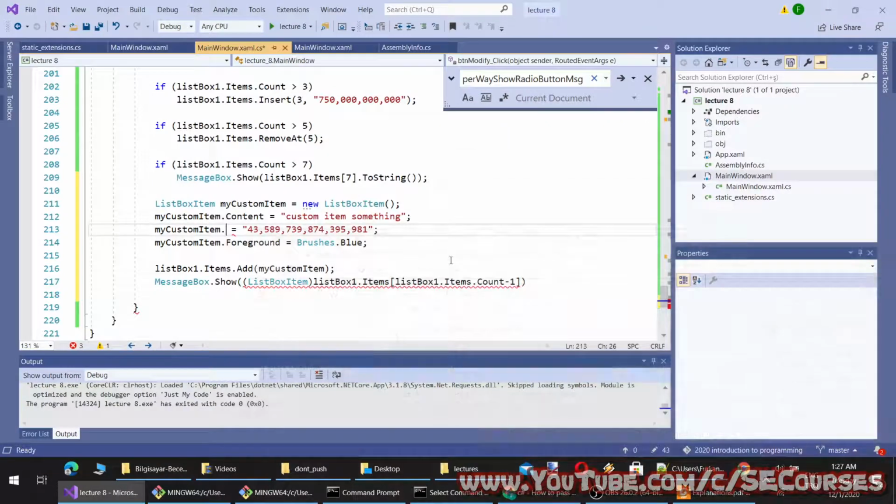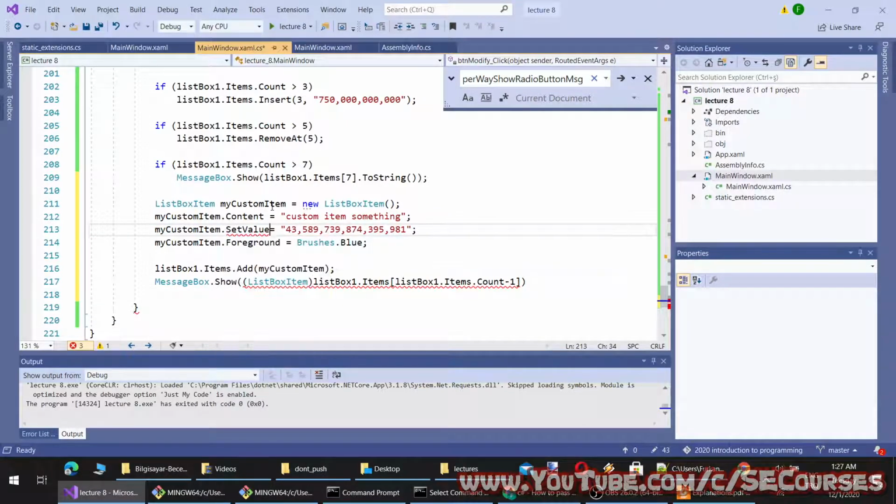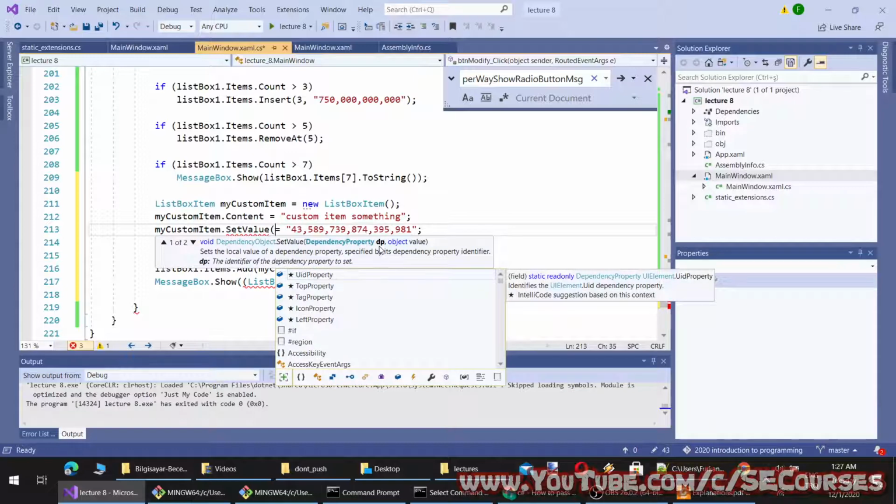Yeah, we are doing it incorrectly. So currently we can't assign another value. Maybe we can try like this. Yeah, dependency property key.